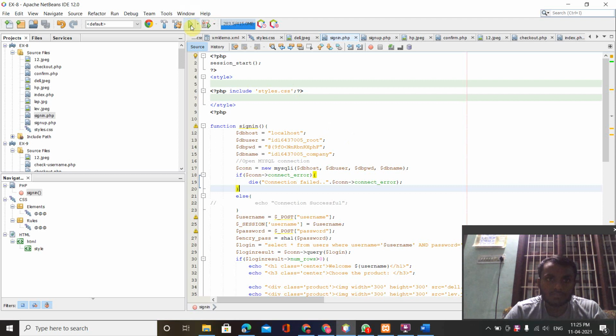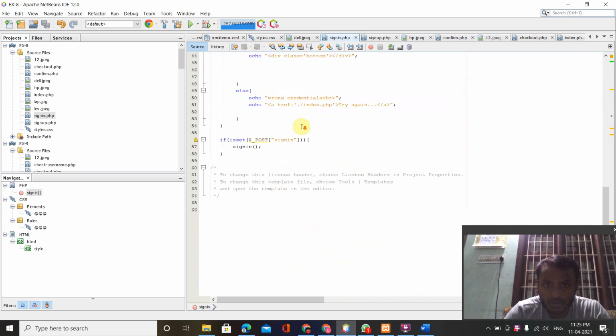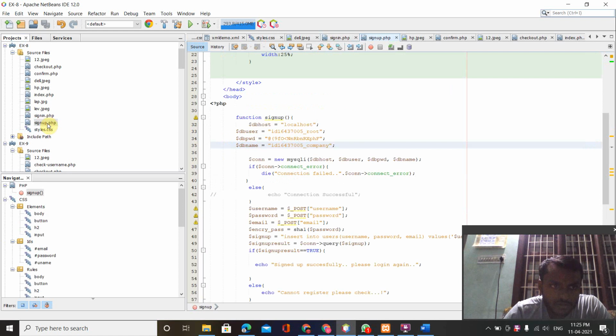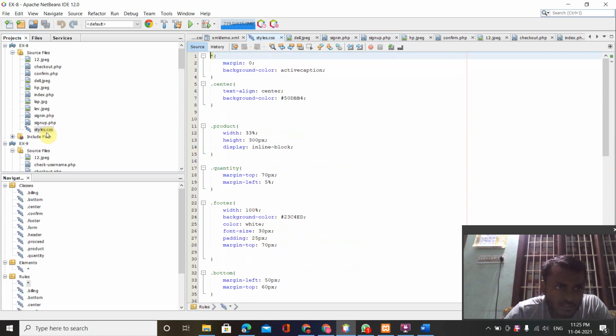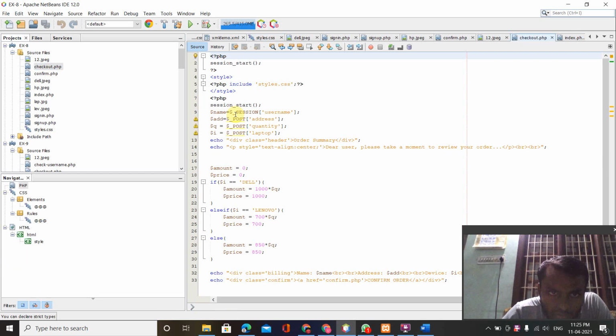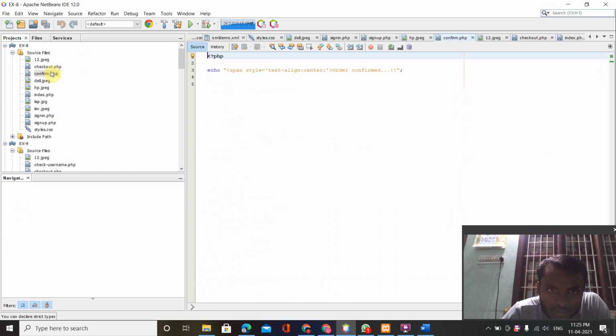This is my sign up code. This is the sign in code, and this is the sign up code. This is the style sheet code, and this is the checkout PHP code, and the confirm PHP code is here.